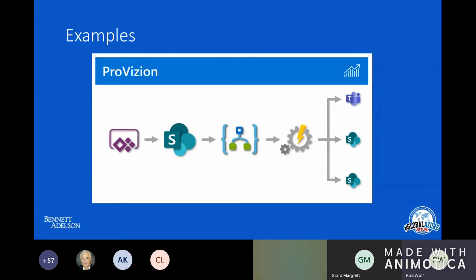Another example is a tool we've created for provisioning. This is something users can use to quickly and easily self-provision Office 365 resources. There's a Power App front end where users fill out a request, providing the kind of site, the classification of the site, the security requirements, etc., by answering some questions. That information is stored in a SharePoint list. The Logic app fires off when a new item is added to the list, runs through some business rules, and then uses Azure Automation runbooks to create and configure the various Office 365 resources